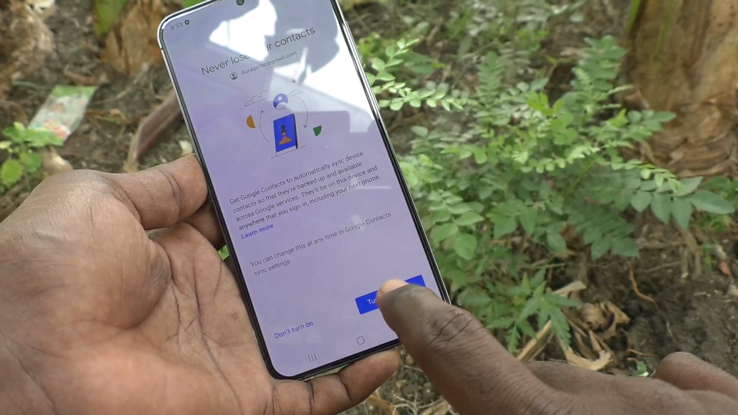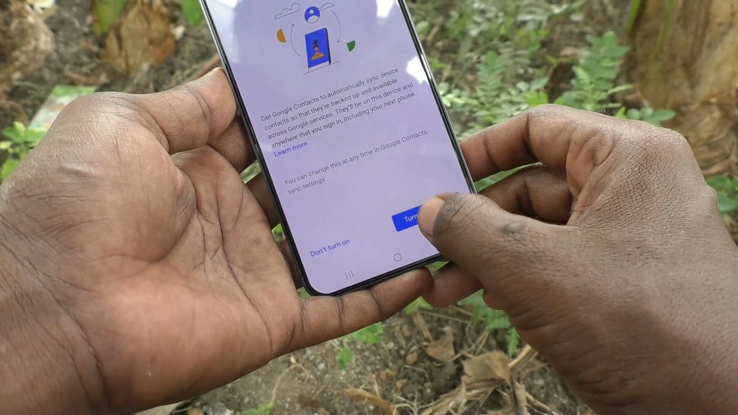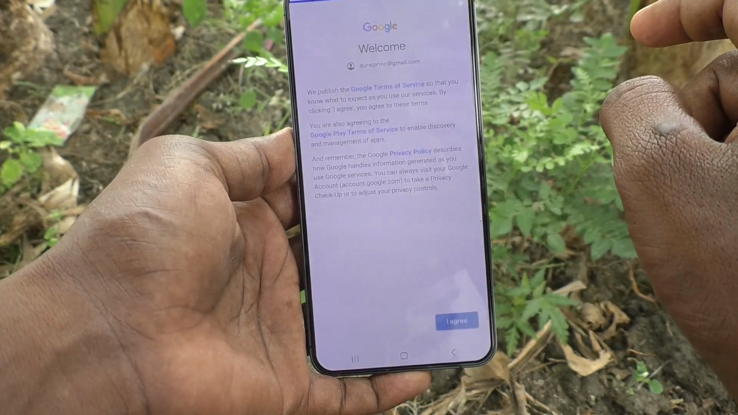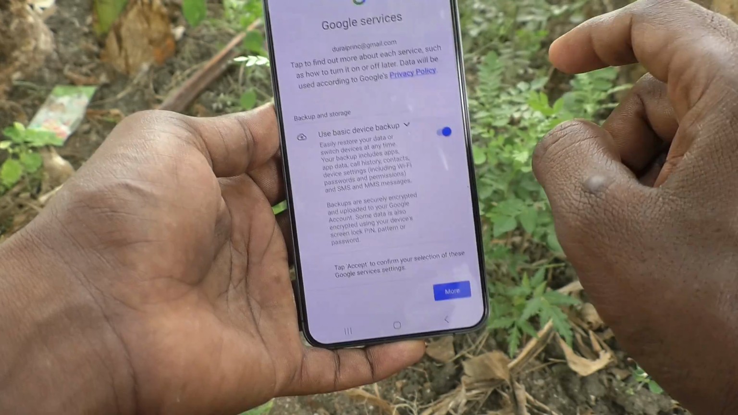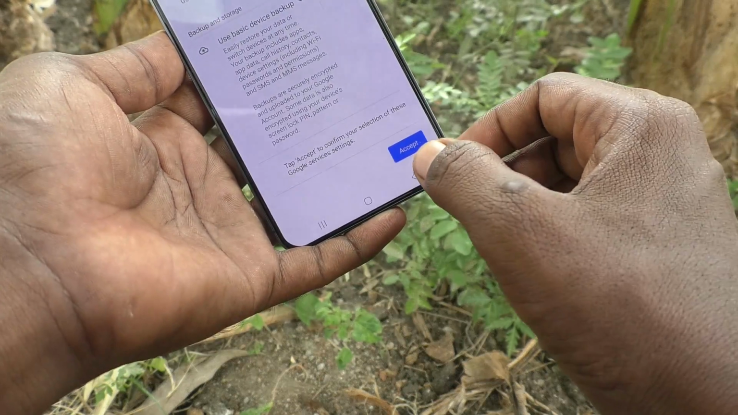And click on turn on backup if you need. Okay, never lose your contact. Turn on backup and click on I agree, and Google services are loading. Just click on accept. Okay,